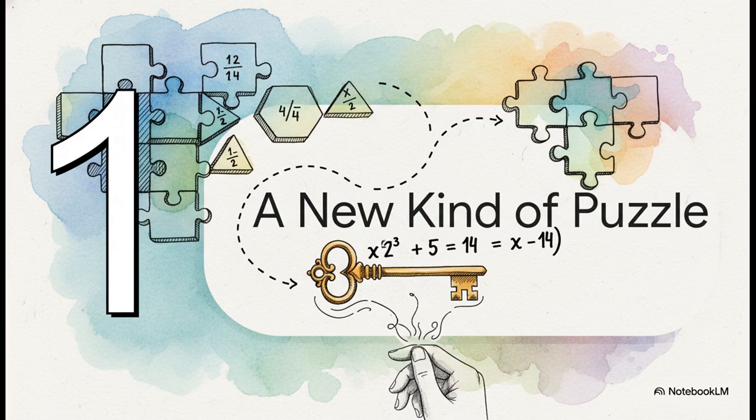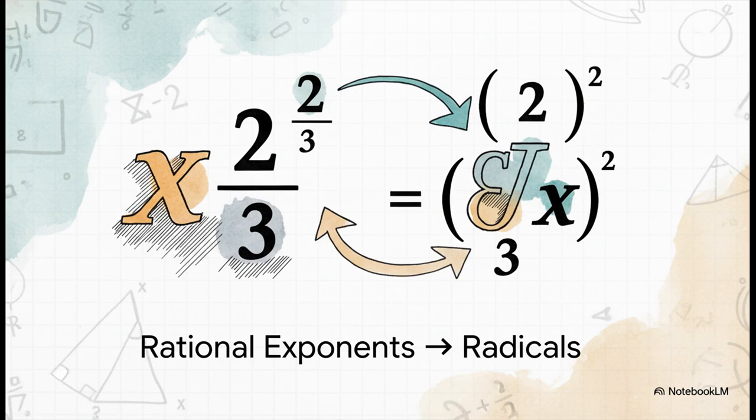And yeah, that's exactly how we should think about these equations. They aren't necessarily harder than other algebra problems, they're just a new type of puzzle. And like any good puzzle, there's a special key that just makes everything click right into place. So these fractional powers have a name, of course. They're called rational exponents, and really, they're just a kind of shorthand for writing roots and powers, stuff you've probably